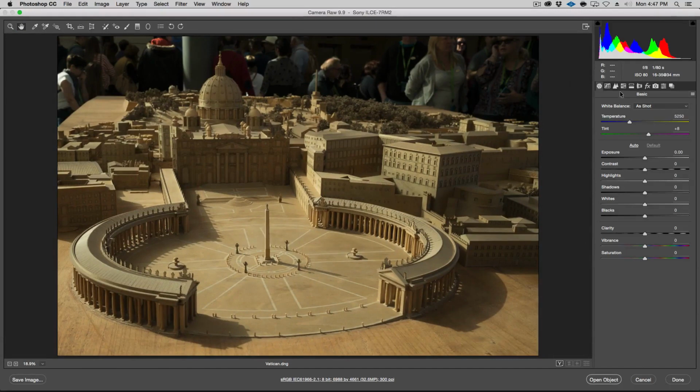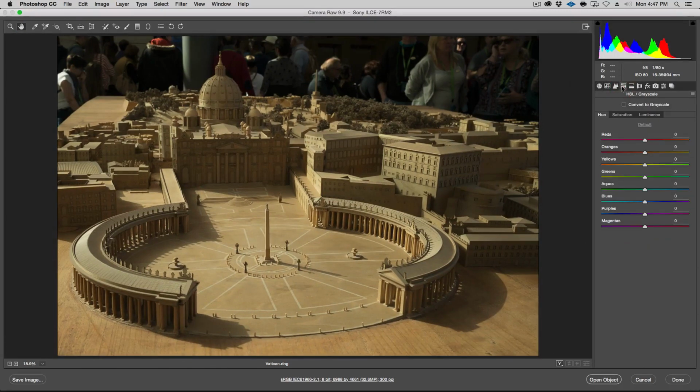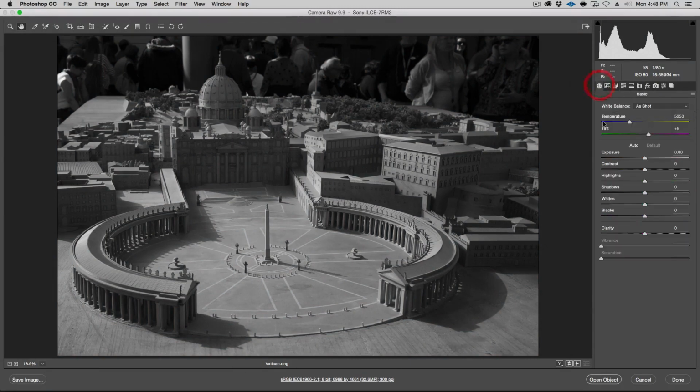All right, in here, go to the fourth little thing here. It has HSL, which is hue, saturation, and lightness, and convert to grayscale. All right, just use the defaults for now. That's fine. And then come back in here. And it's actually a photo that my good friend Serge Ramelli took, and we're going to retouch it in his